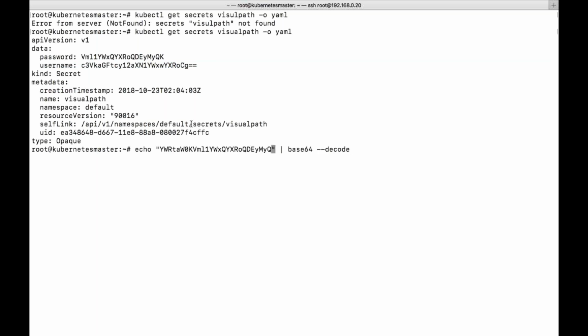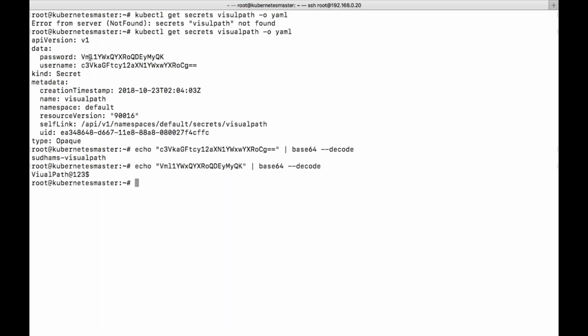And let's give these two values. Okay. So that is the actual username and this is your actual password. So that is my username and this is my password, which I am using right now. So this is how I have created it. You can see the separate key and value pair. This is called your key and this is called your value.